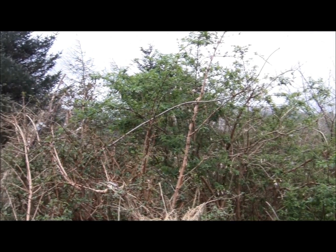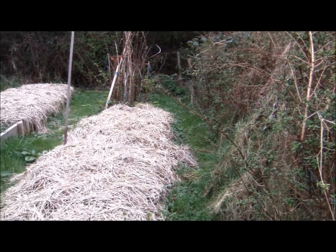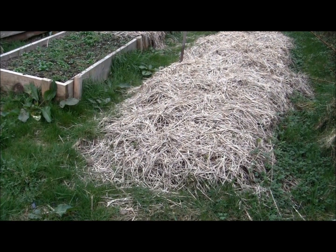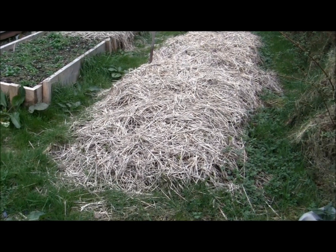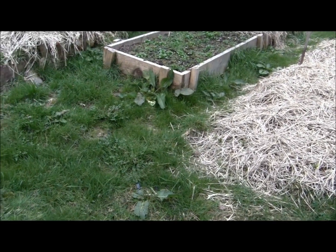Now at number 4 we're going to have a look at creating shelter belts and woodlands around your gardens and how that's going to help in preventing slugs. Having trees and shrubs around your vegetable patches is going to really help a lot. As you can see here we have some vegetable beds that are surrounded by trees, and this is really good because a lot of birds tend to nest in these trees and live in the undergrowth. Now make sure that you cut all the grass around your beds, so it needs to be really trimmed down,